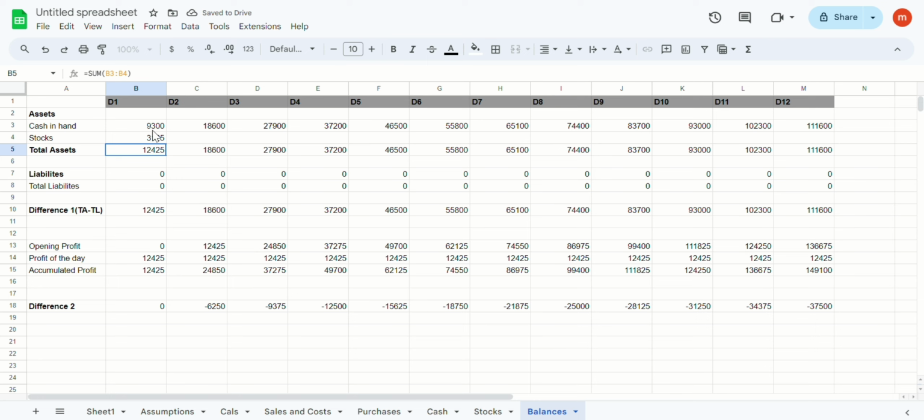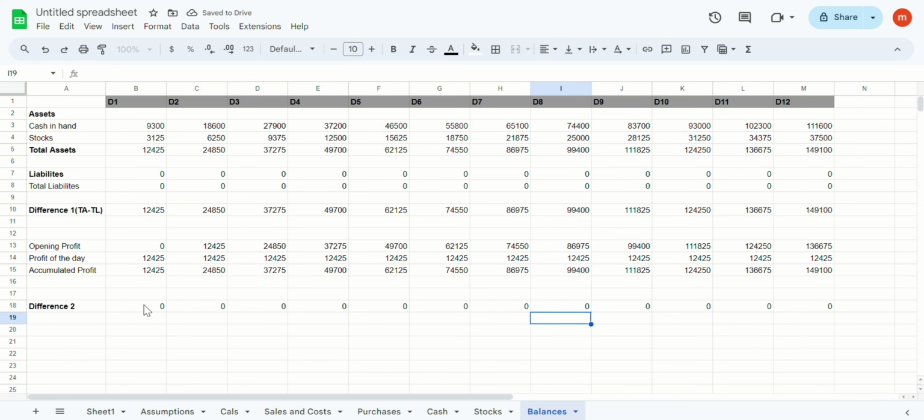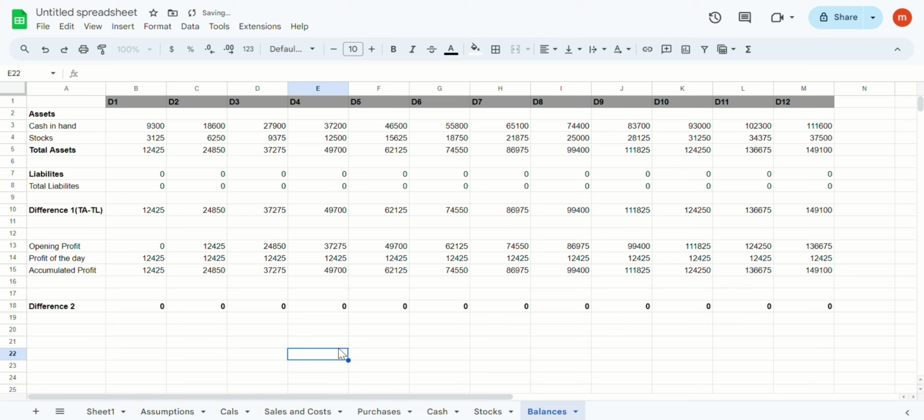See the difference too. It's 0. Okay, now drag for 12 days, all zeros come. Now the equation is balanced. Now the shop is good. Okay, this is the